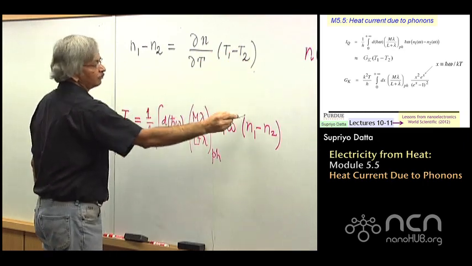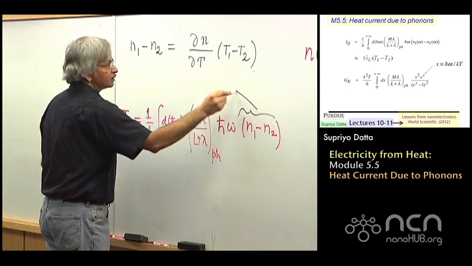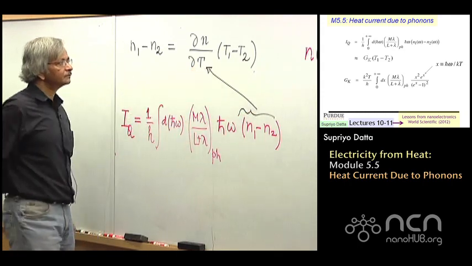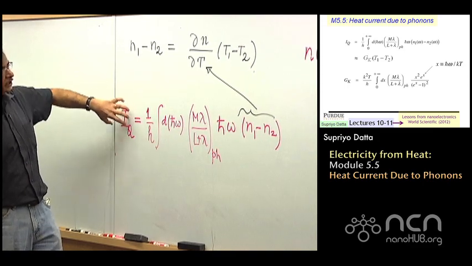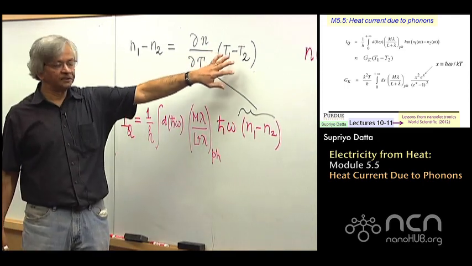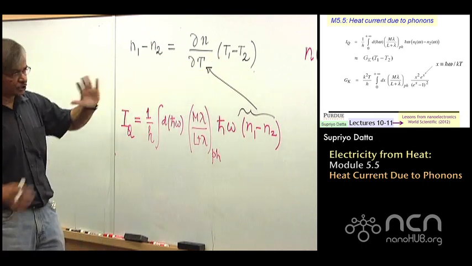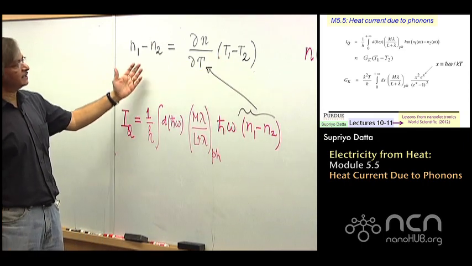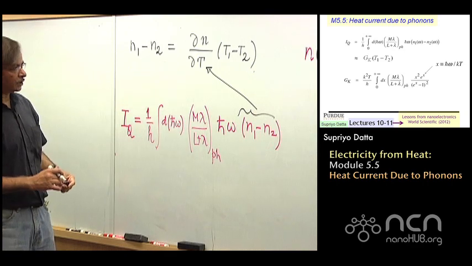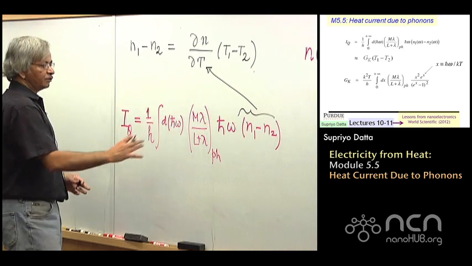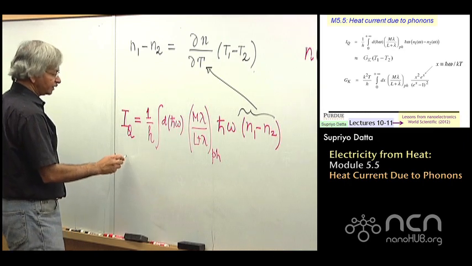Okay. So instead of N1 minus N2 here, we'll put in something like this. And then we'll have a heat current that is proportional to the temperature difference. And the proportion, what is in between then, will basically give us the heat conductivity. So the way it would work then is, if we put that in, we could then write